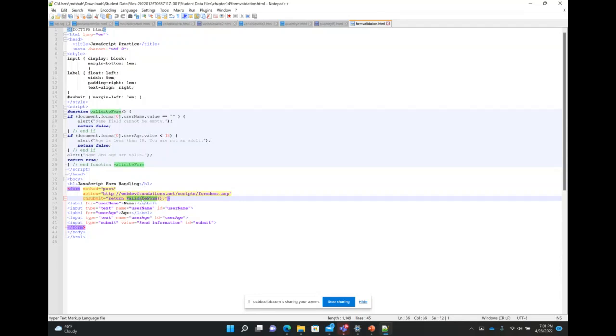So return validate form. The validate form function is here. Okay, so what does validate form do? Once this is true, only then the action will take place. So the validate form will check